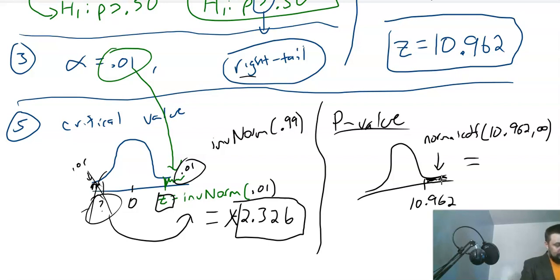So normal CDF, 10.962, comma, 9999, a bunch of nines. And I get a very, very small number, which just goes to show you how extreme of a z-score this is. So my calculator tells me 2.98 times 10 to the negative 28. And so that's